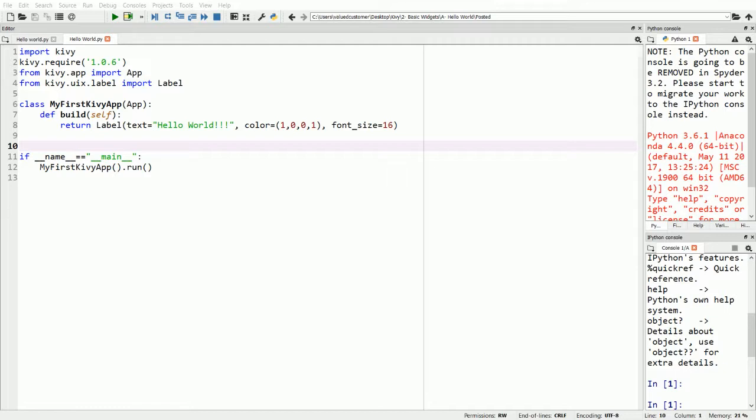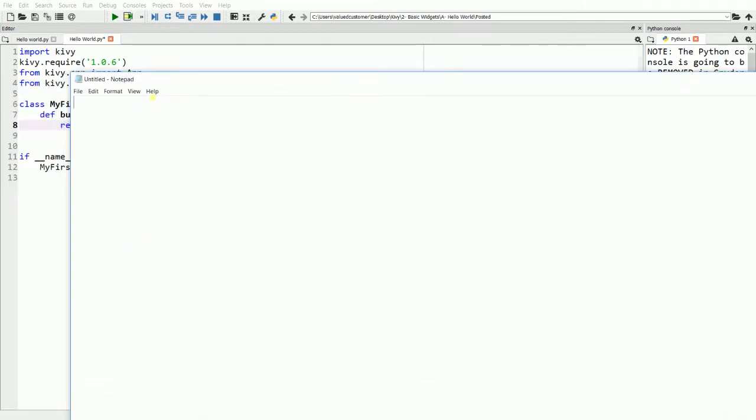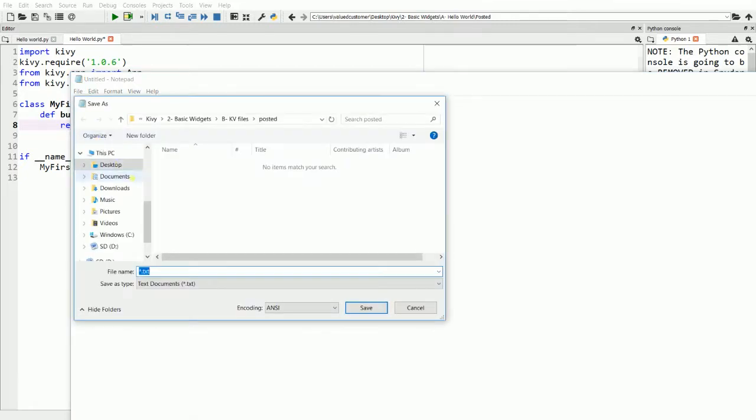I will continue from where I left off last time. The main focus right now is to run this hello world message from the Kivy file. Hence, you need to remove the hello message from the Py file. Now, I will create the Kivy file. I will open Notepad, File, Save as